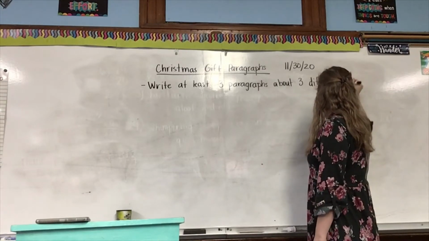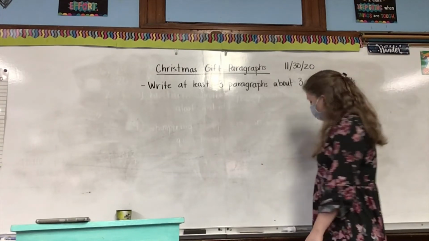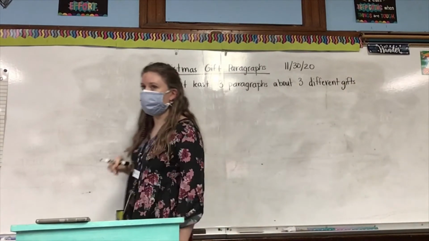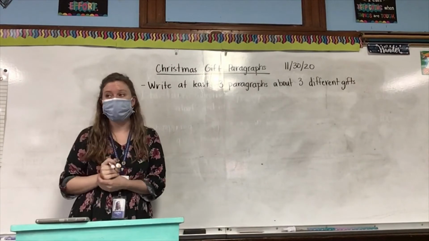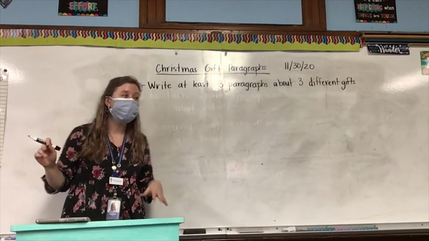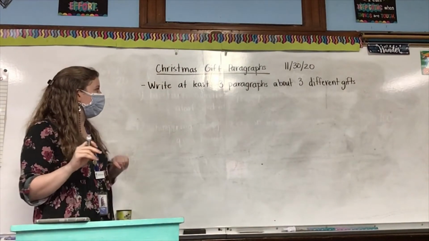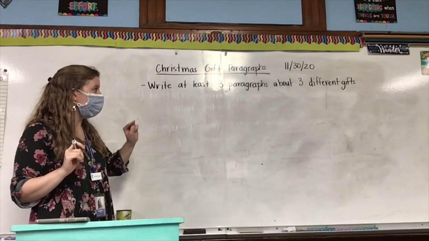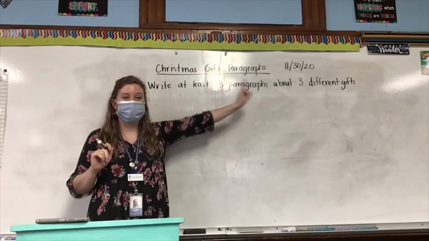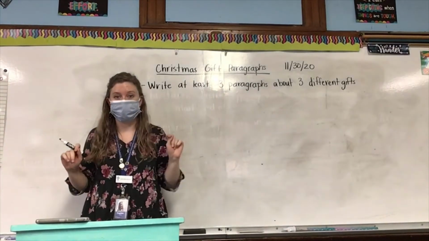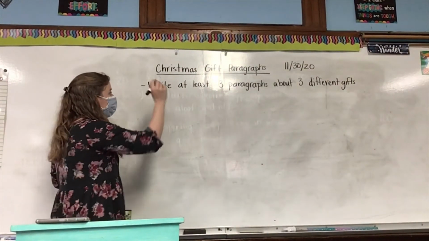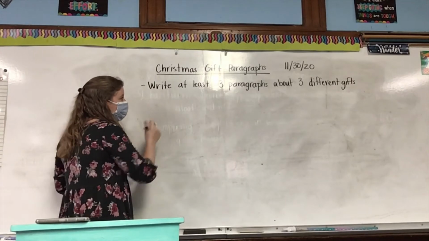different gifts. So remember, with our thankfulness paragraph, we wrote 3 different paragraphs about 3 different things we were thankful for. This assignment, you're going to write at least 3 paragraphs about 3 different gifts. That means 1 paragraph per gift. Just like before, we had 1 paragraph per thing you were thankful for. So write at least 3 paragraphs about 3 different gifts